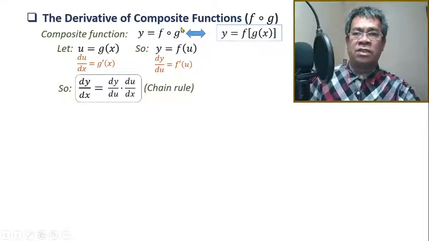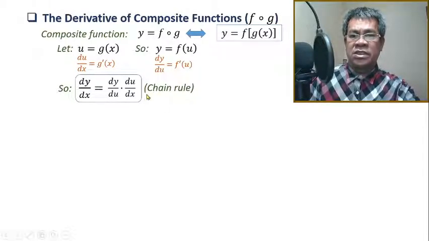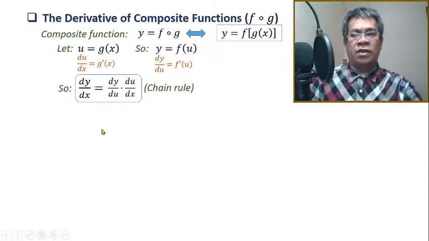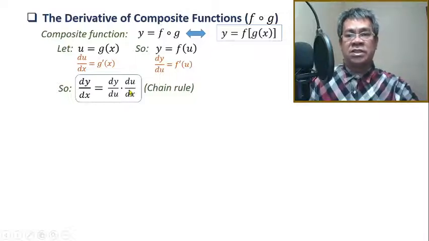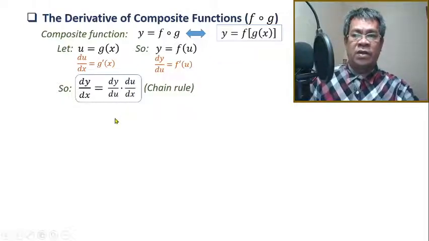So the derivative of the composite function uses the strategy of the chain rule. It is like a chain because the du is cancelled. We use only the dummy. So u, take note, is a dummy variable, so we will eliminate that in our final answer. There should not be any involvement of u in the final answer. So u must be eliminated because it is just a dummy. We use it for the solution to the problem.